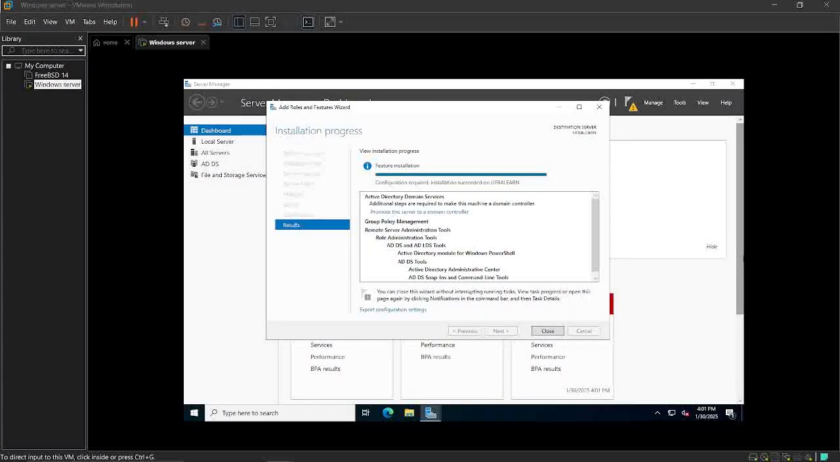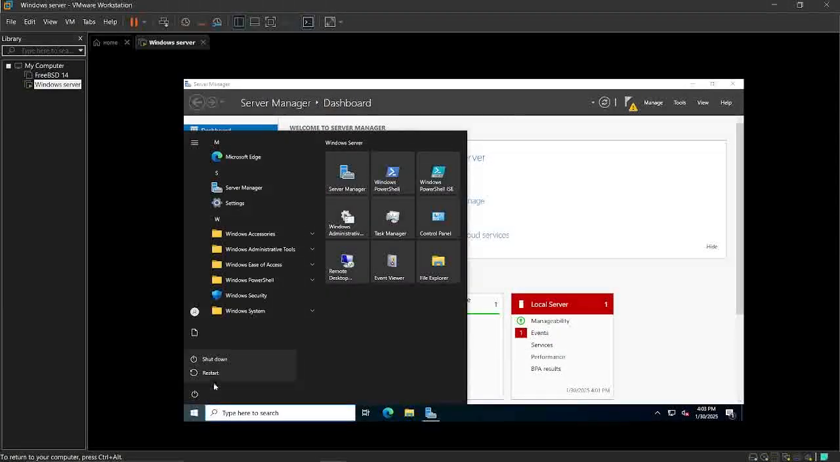The third question is how to promote a server to a domain controller. In order to do that, we have to install the ADDS role in Server Manager, then follow the steps to promote the server to a domain controller. So as you can see, our feature is installed. We want to restart our server,